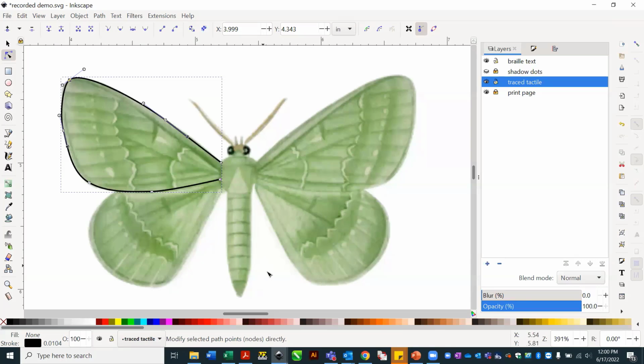When you're all done, I won't go through the whole thing, but you trace all the other parts, all the wings, the body, the thorax, the head, the antlers. You don't want great detail because again, this is for the fingers. So you don't want all this prettiness that you see with your eyes. You want something that just shows the shape of the butterfly. When you're all done,